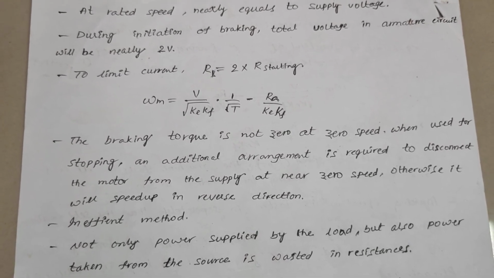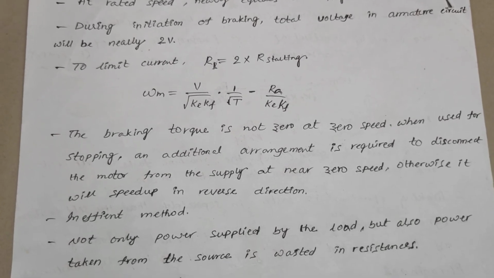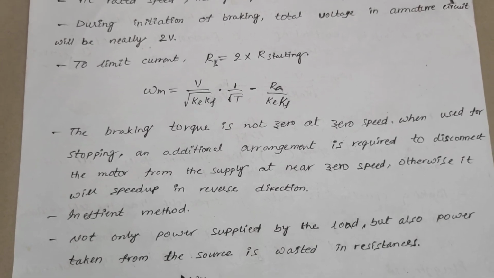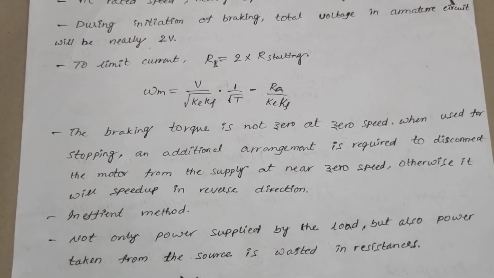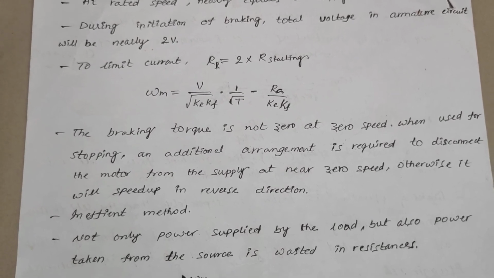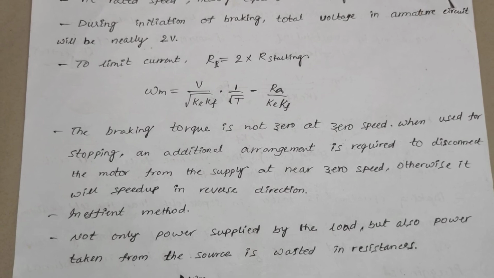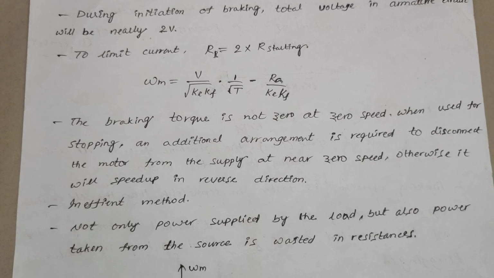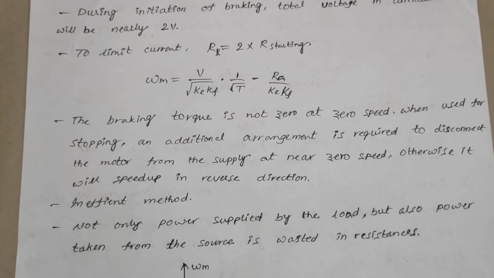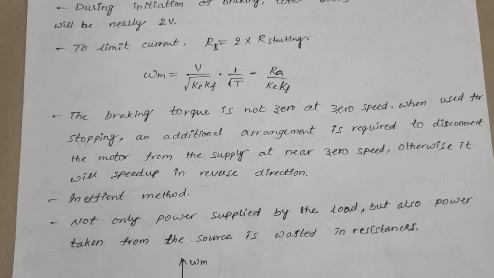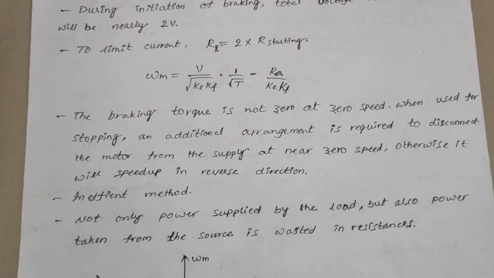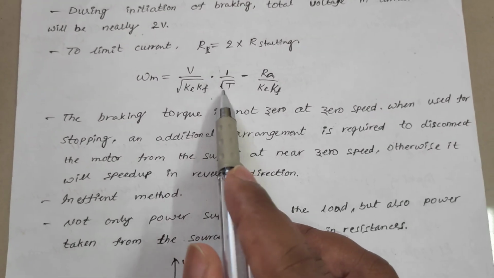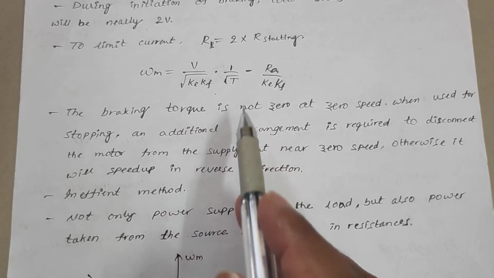In the series circuit, I have told that we need to connect series resistance RB in series with the supply voltage to limit the current only. To limit that current, generally your braking resistance is equal to 2 times the starting resistance. What is the starting resistance here? Armature resistance only in that loop, armature, and if your field has any resistance, that field resistance. To limit that starting current, we need to connect one braking resistance which is equal to 2 times the starting resistance. Again, this equation is the basic fundamental equation for the speed in a series motor.